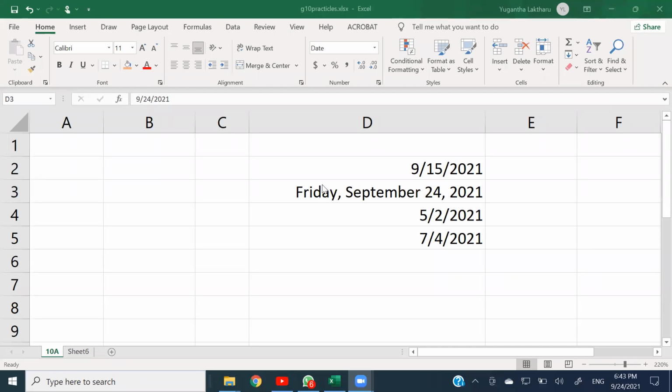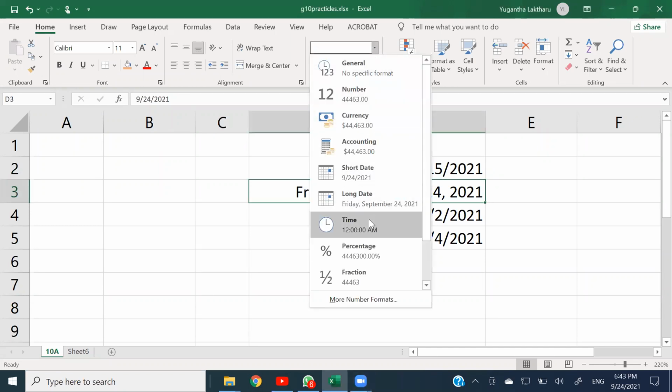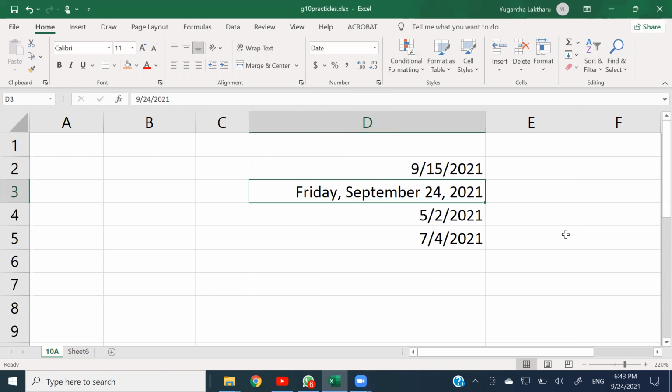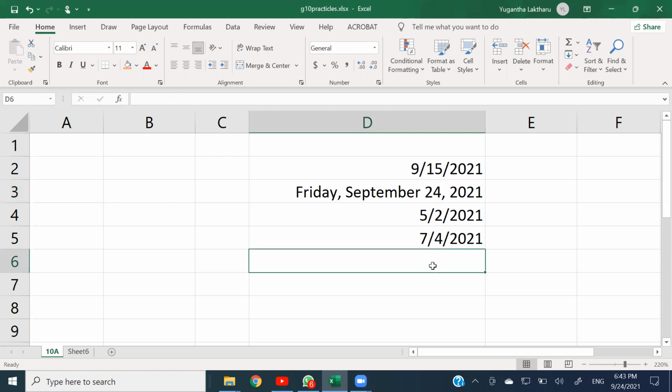All right, so I'm moving to the next part. I think you have the idea about the long date and the short date, right? And the next one is about the time. Now time acts in a totally different way, right? When giving the time, if I just type 8,